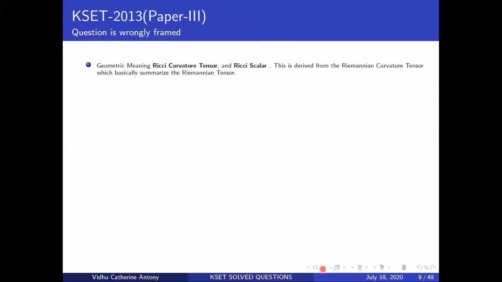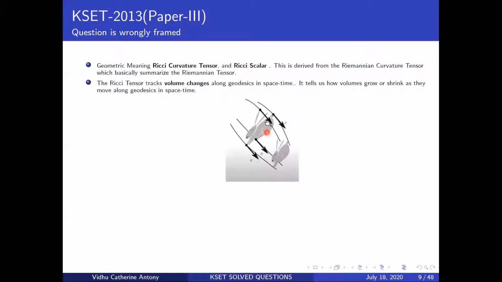So what does it do? You see there's a rabbit here. These lines are geodesics. What is a geodesic? It's the shortest distance between two points on a curved surface. Let's look at this bunny here. There's this rabbit placed here, and if it's traveling along it, the volume keeps changing. If it's going up, the volume keeps decreasing. If it's in the middle, it increases.